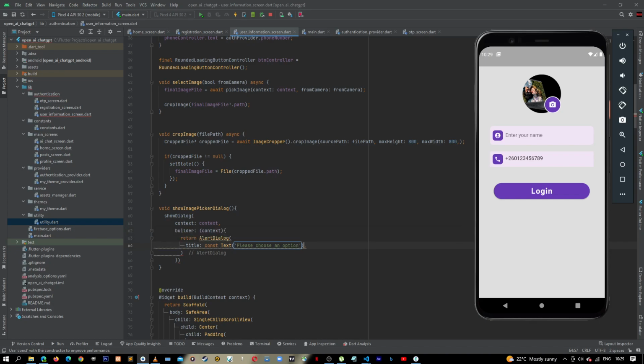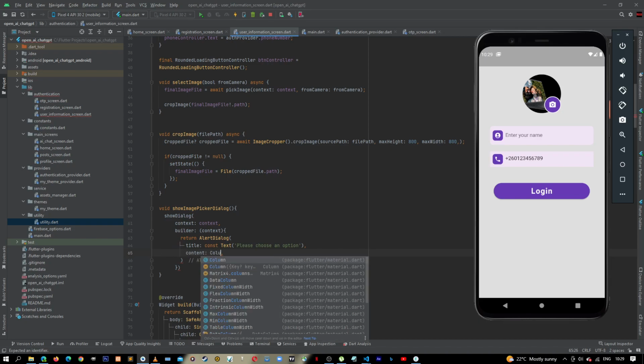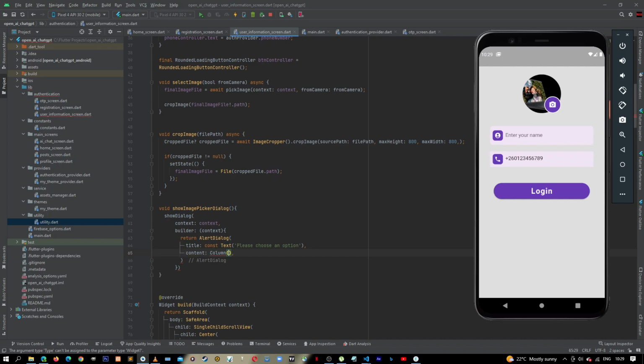And then what else? Down here, let's give it the contents. So this will be in our column. The column will have children, and then in these children, let's